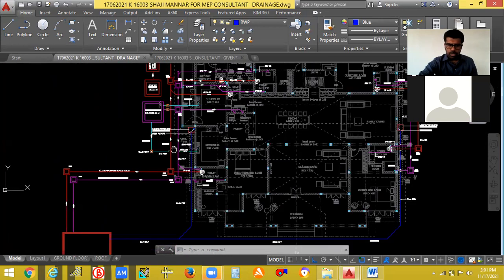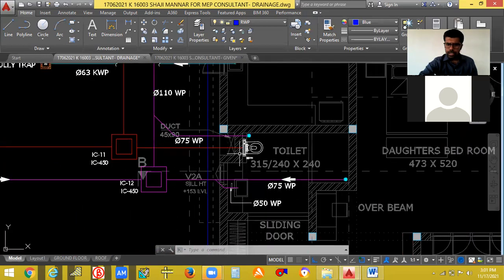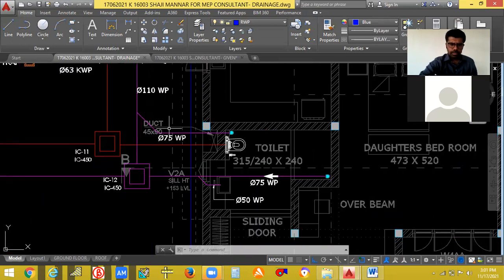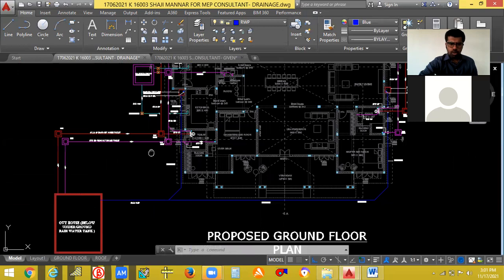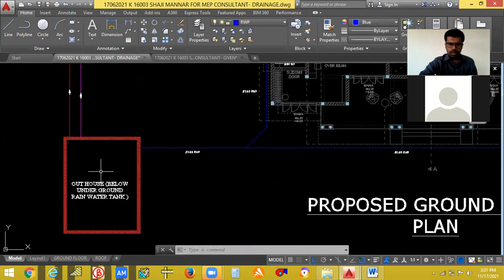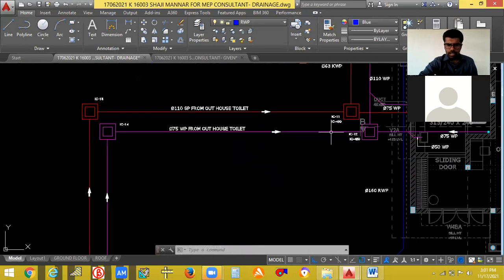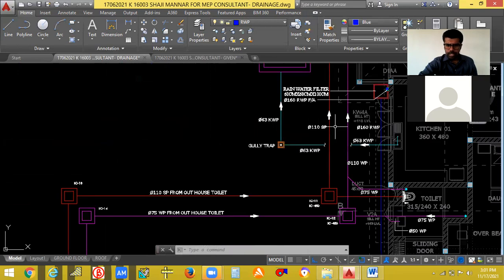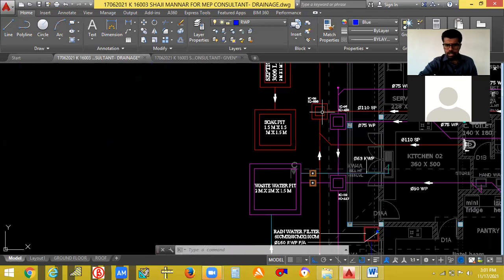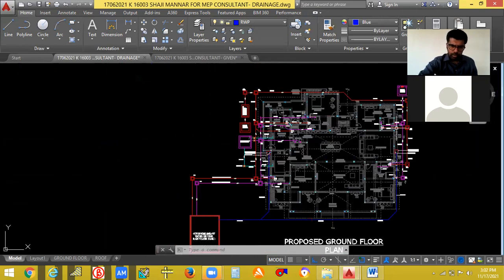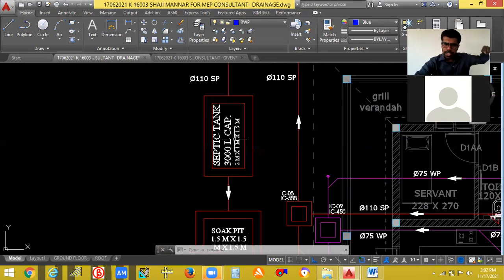Okay, so from this side also, there is waste coming from the water closet that will be connected to this inspection chamber. And you know that there is an outhouse, correct? Underground there is a tank also. From there also, I am just taking this line. It will be reaching here. Then that is also being connected. You can see the arrow is connected to this, then it is connected to this. So from both the sides, you can see here. From this side, it is connected to here. From this side also, it is connected to here. And from there, it is given to the septic tank of 3000 liter capacity. Okay.